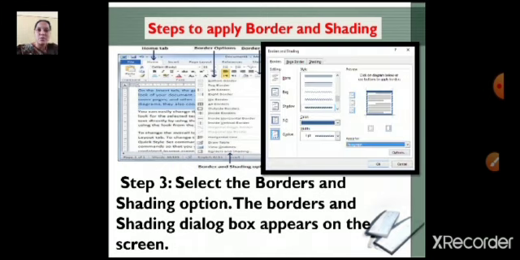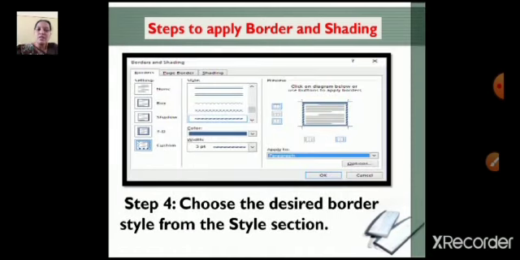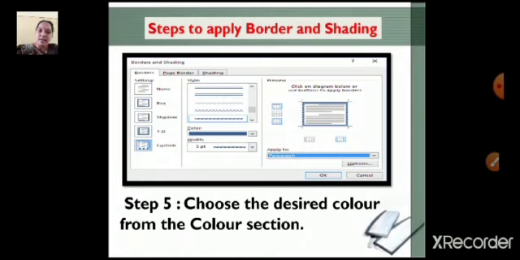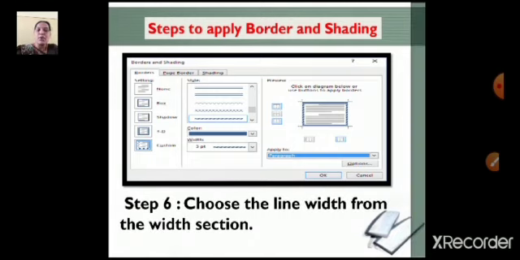When you click on that option, you get a Borders and Shading dialog box on the screen. There you can choose the desired border style from the Style section. Choose the desired color for the border from the Color section. You can change the width of the border line by clicking on the Width section.